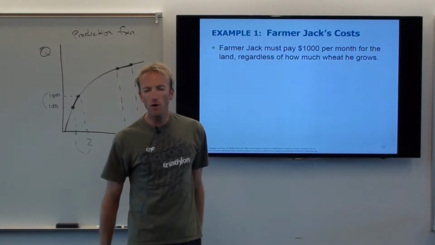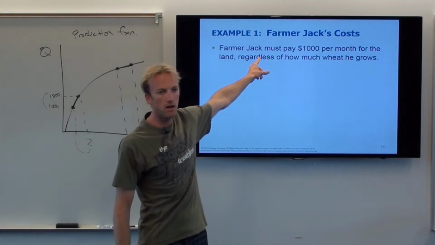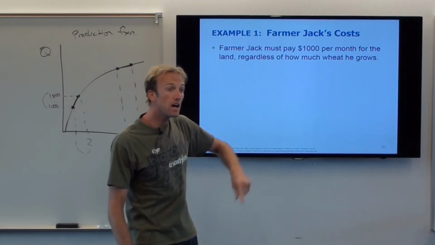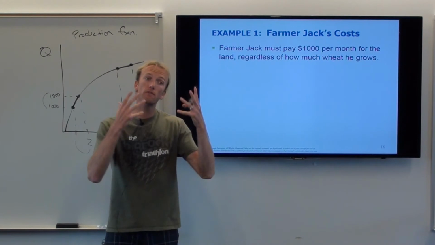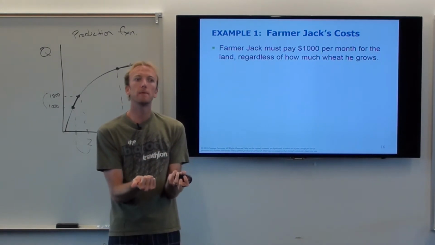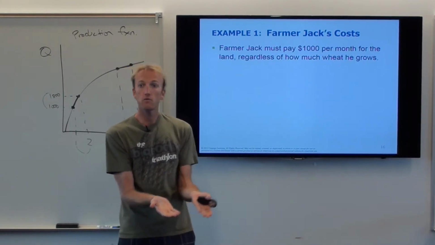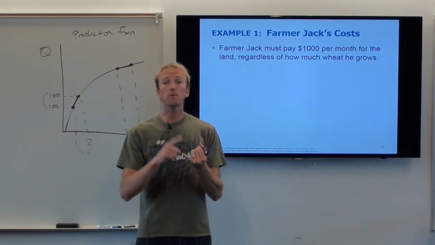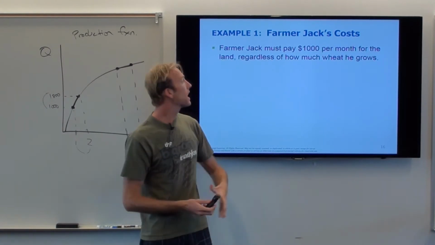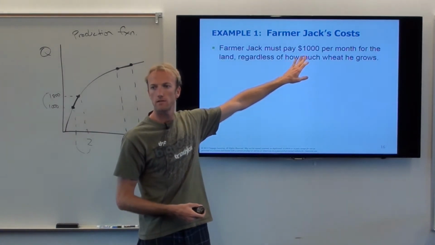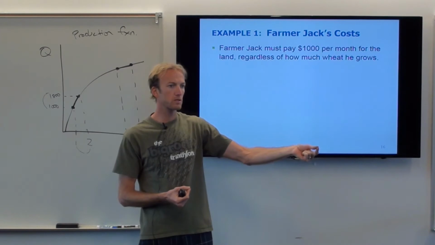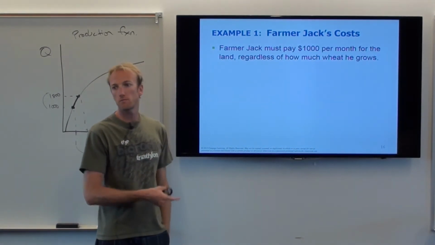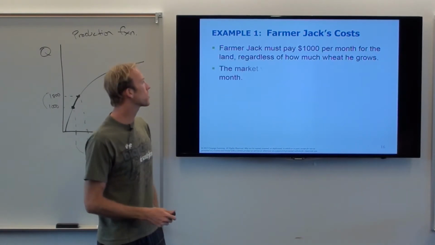Hey, what happens if he owns this land? Do I still have to think about the $1,000? If he owns it? Yes, because even if he owns the land, I still have to think of the $1,000 as a cost, because I could rent out that land to someone else and get $1,000, right? So I don't care whether he owns it or whether he rents this land, $1,000 is still a cost. Either he has to actually pay it, an explicit cost, to somebody, $1,000, or he has to give up the ability to rent that. Either way you look at it, it's still $1,000 of cost.